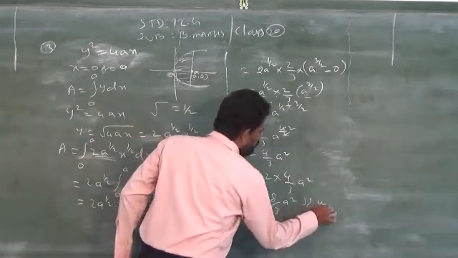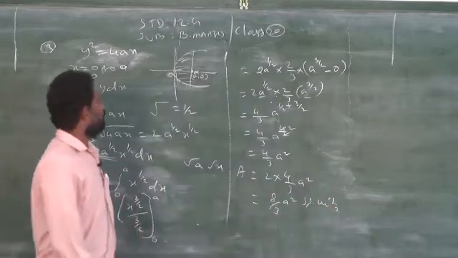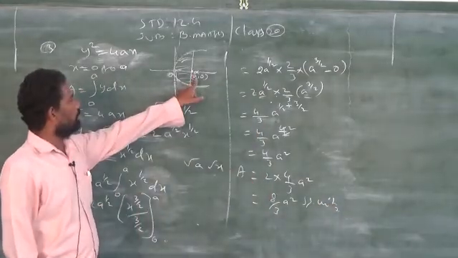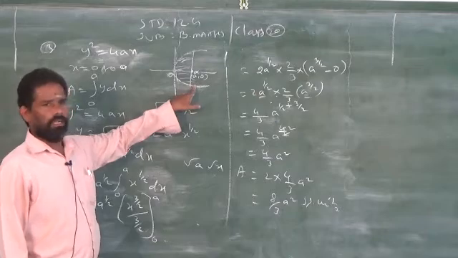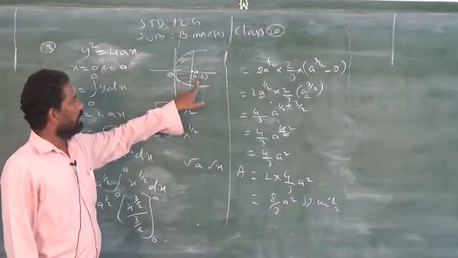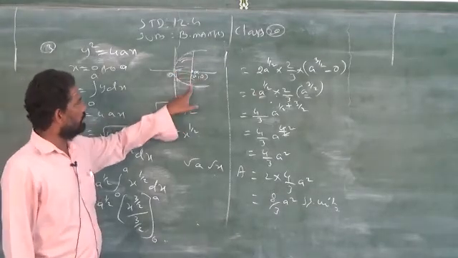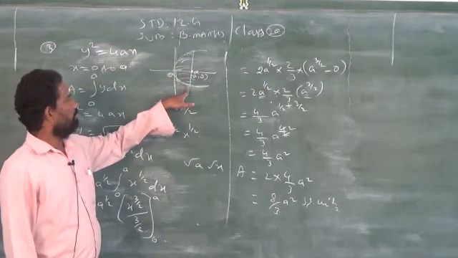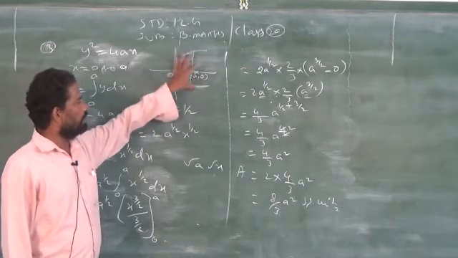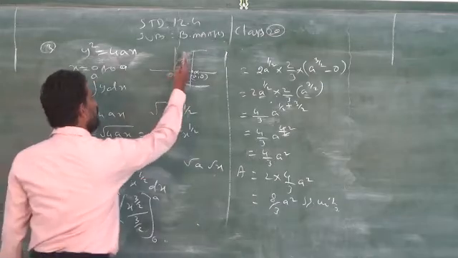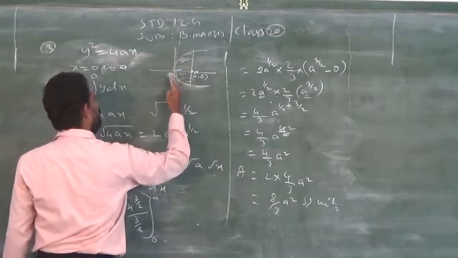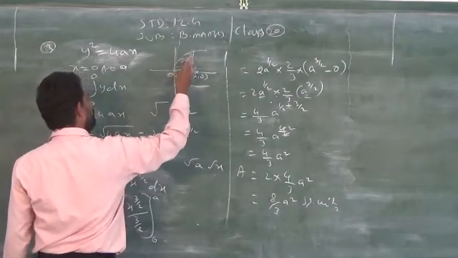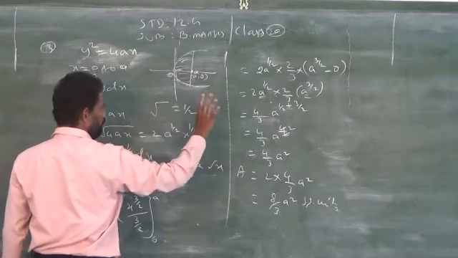So what is meant by latus rectum? A straight line which passes through the focus of the parabola. That is the latus rectum. This was studied already in 11th standard. What is meant by latus rectum? A straight line which passes through the focus of the parabola is called a latus rectum. The area covered by the curve, the area between the latus rectum and the curve, that is the meaning.